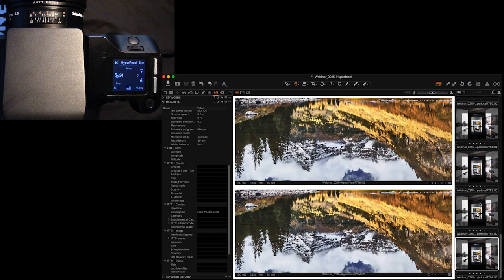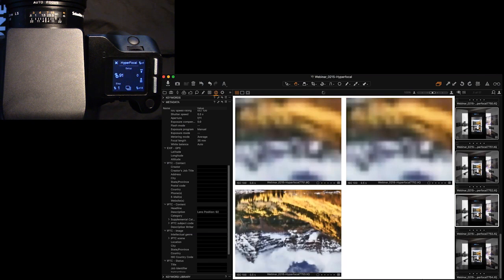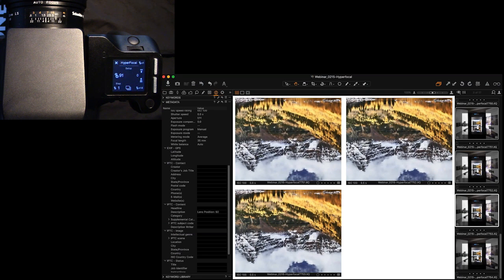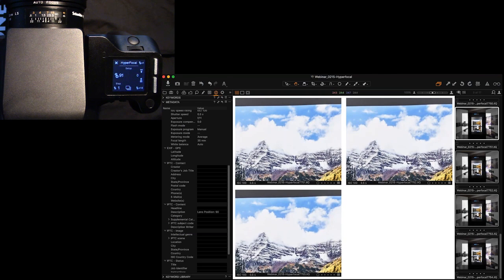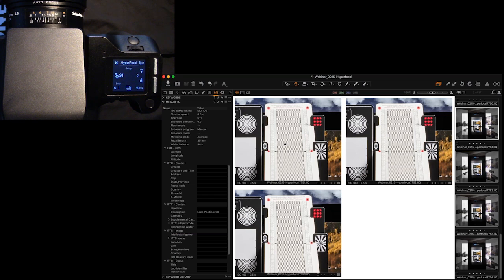So in between these 3 images, we have one that is going to have acceptably sharp infinity focus, if not perfectly sharp infinity focus. And then we can determine which one of these 3 has the most foreground focus. So if we look at all 3 of these at 100%, we see that they're very similar, and our infinity focus at the beautiful mountains is absolutely perfect amongst all 3 of them. So now we can compare all of the foreground of these 3 images. So we have a value of 90 here, 91, and 92, and we want the one that gives us the most foreground focus. And it is going to be slight, but it is going to be noticeable.